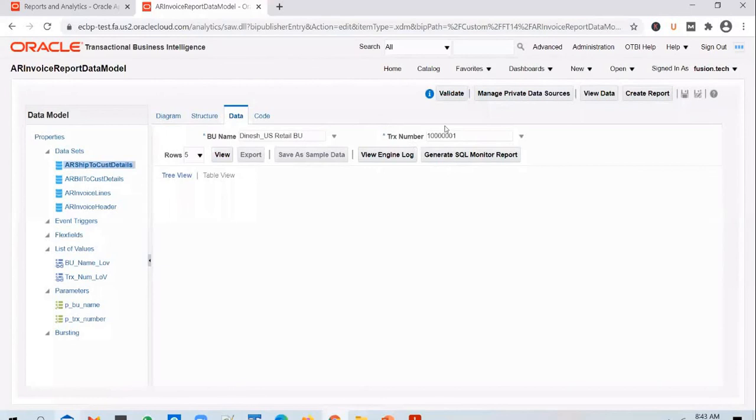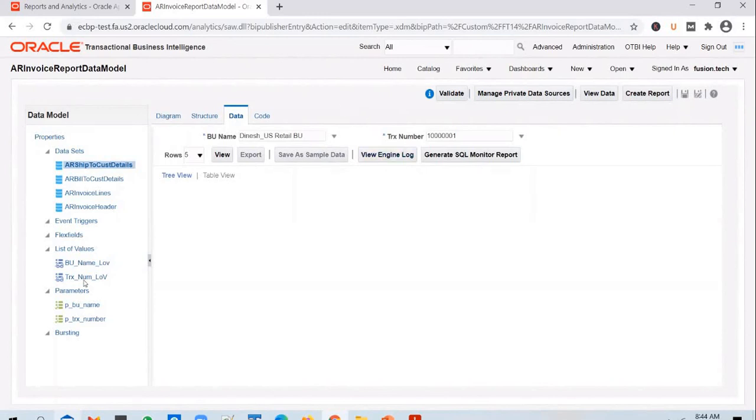We can make it dependent only at the data model level, when you create these parameters. But remember, you can make them dependent at the data model level, but you cannot make them dependent at an ESS job level. And the only person running this query from here is you or me, the developer.